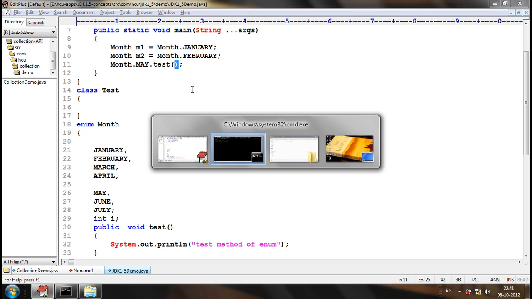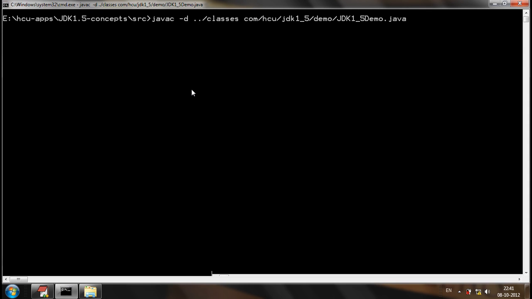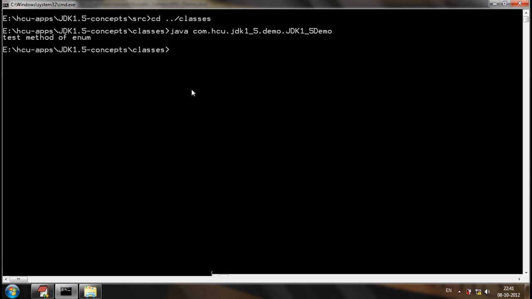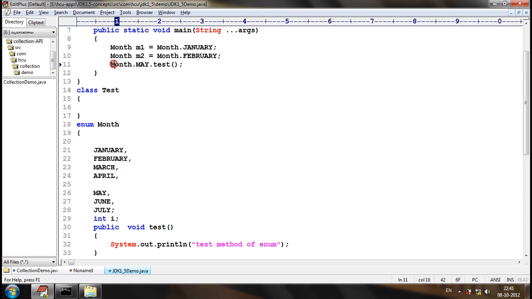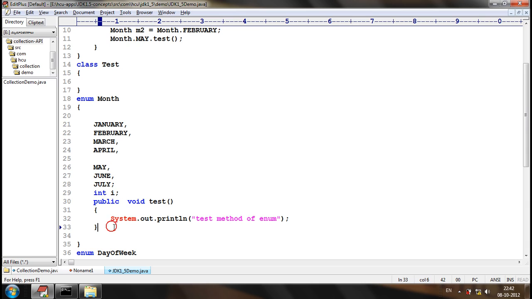So definitely this will be compiled and executed successfully, just because this highlighted content will act as an enum object. And even we can have constructors.